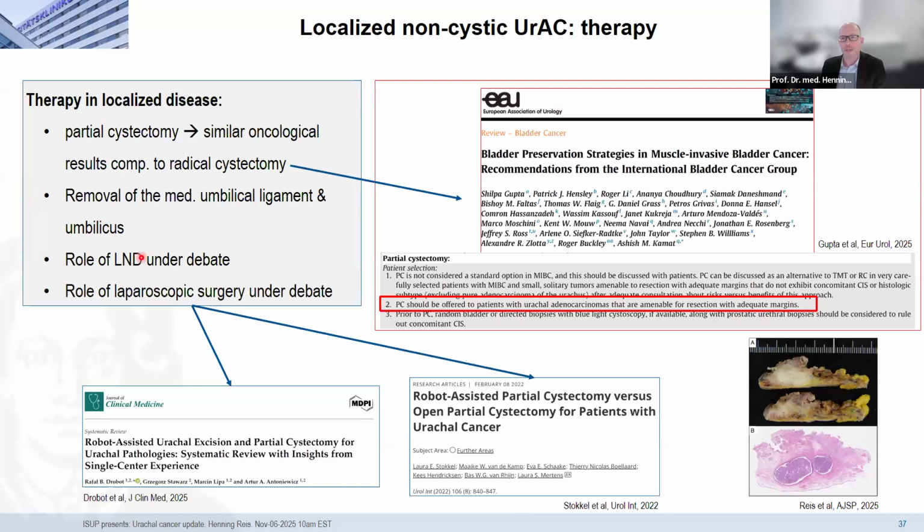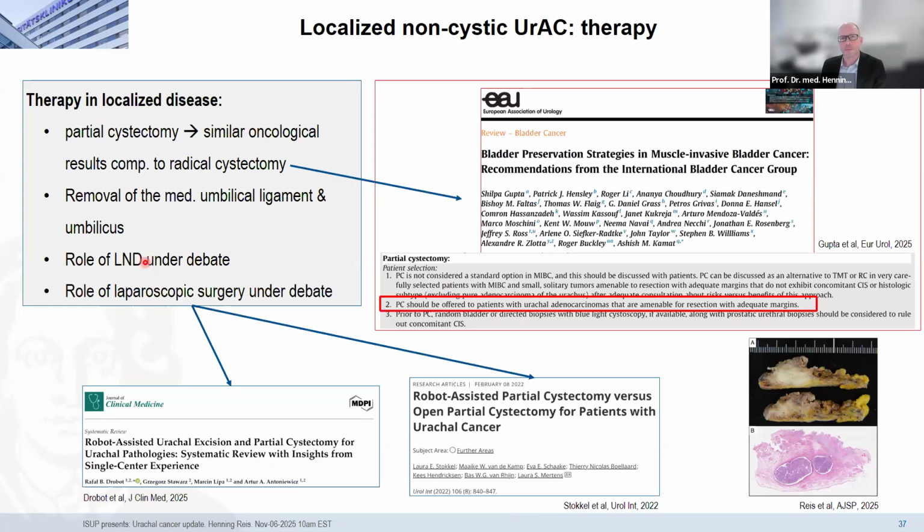The role of lymph node dissection is under debate. General lymph node dissection means that in every case, specific parts or specific regions of the lymph nodes are dissected. If there is any indication in the preoperative imaging results that there is lymph node metastatic disease, then these should be resected, because that's also a very strong prognostic factor if there is metastasis, but it's not clear if it should be done in every case.